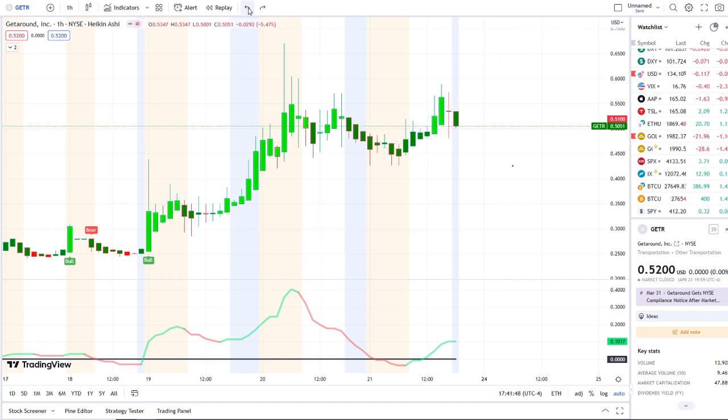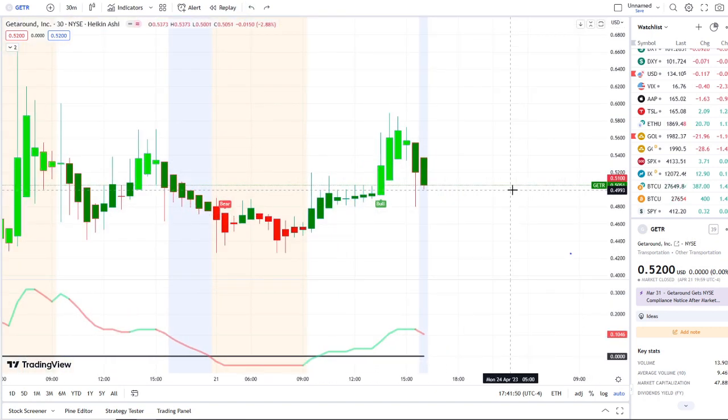And those bull and bear indicators and inflow versus outflow will be crucial with those supports and